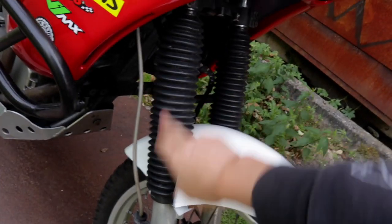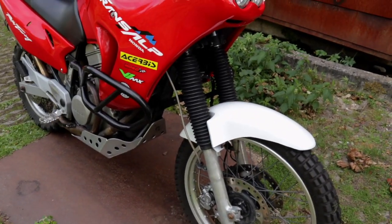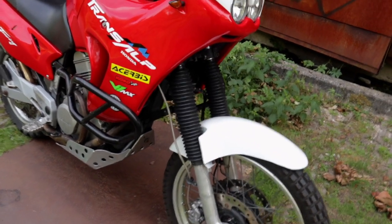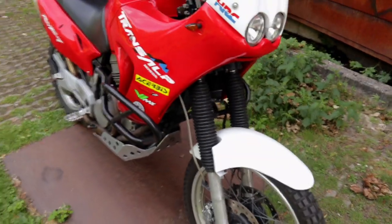I also got longer corrugators. These are just regular enduro ones, pretty cheap, and just make sure you find them with the 41 mil diameter. Oh, and last thing,